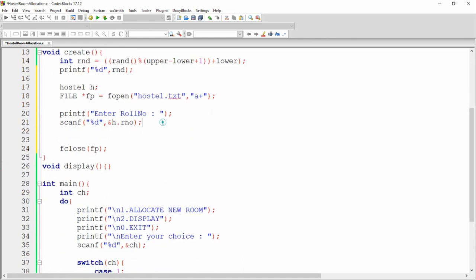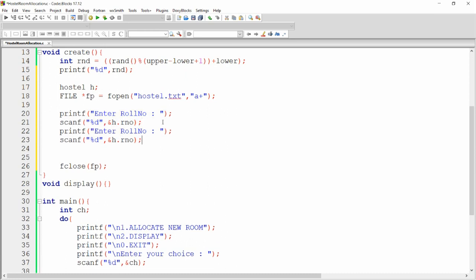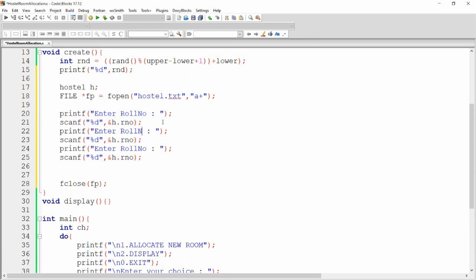Now not only roll number, I need a name, location and gender, so I'm just copy pasting all these things. Here you can write enter name. Here you can write %s, and whenever you are taking a string, don't write the ampersand because it is already a pointer. So you can write h dot name.